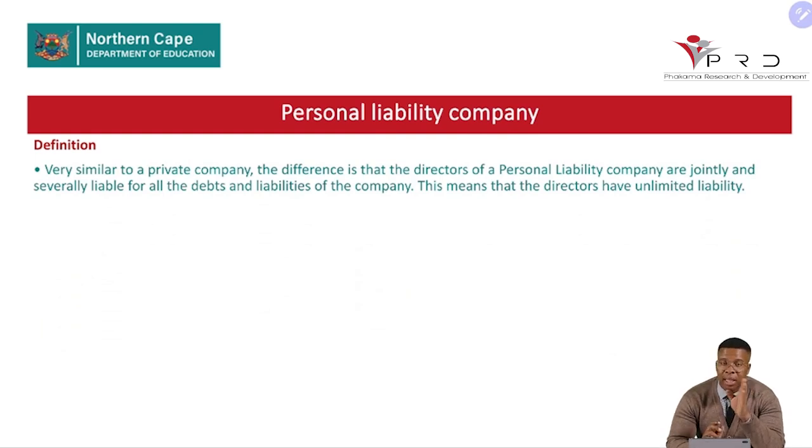So the director takes decisions for you. So if it happens that the business now has liabilities or has debts that were not managed properly, it means the shareholders were not involved, but the individuals who were involved there were the directors, because they were running the company on a day-to-day basis. So with personal liability